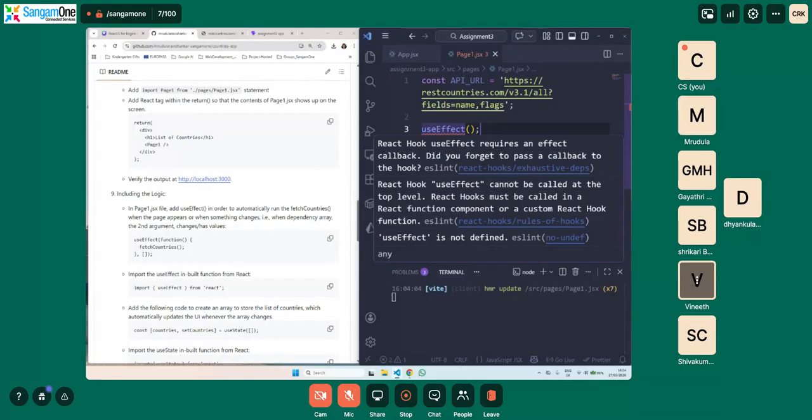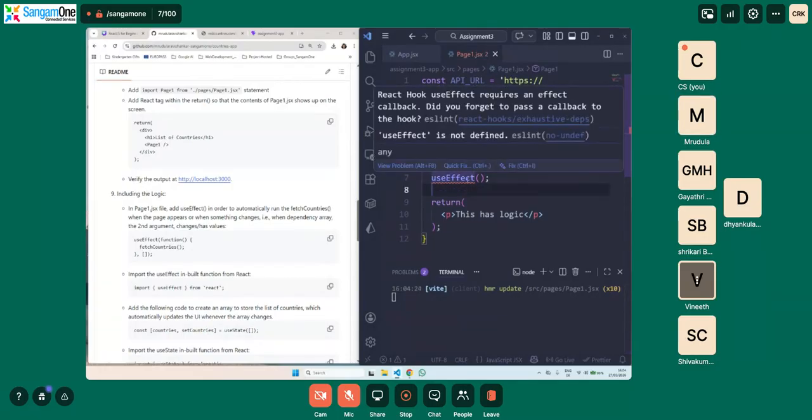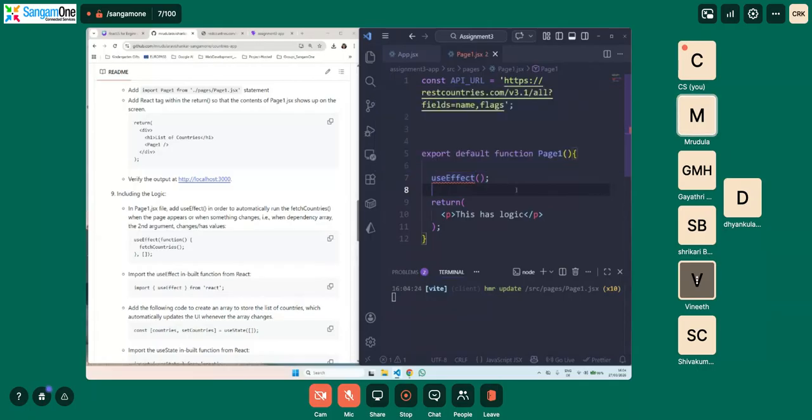My bad. Oh, one second. Sorry. Not here. We need to call it inside the function. Okay. Yeah. Let's see. So it says useEffect is not defined. So let us define it. So since useEffect is an inbuilt function, we need to import it.